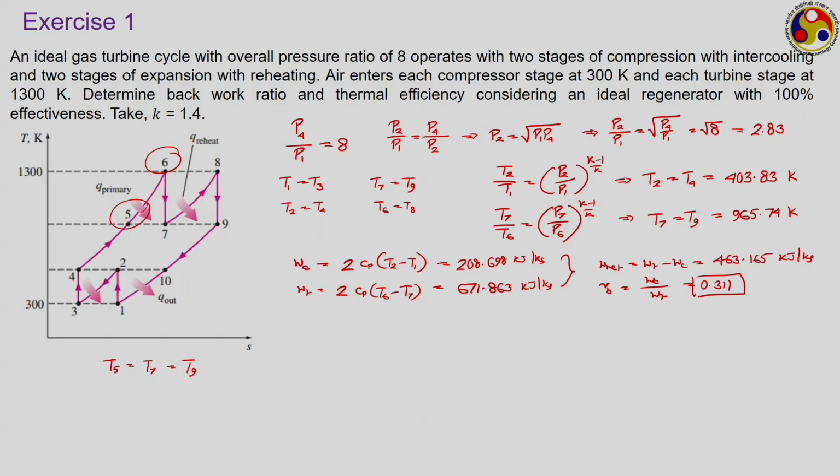The total amount of thermal energy requirement in the combustion chamber will be equal to Cp into T6 minus T5. Had there been no regeneration, this would have been T6 minus T4, but it is now T6 minus T5, and the energy required in the reheater is T8 minus T7. This of course remains unaffected by the regeneration. So, the total amount is coming as 671.86,